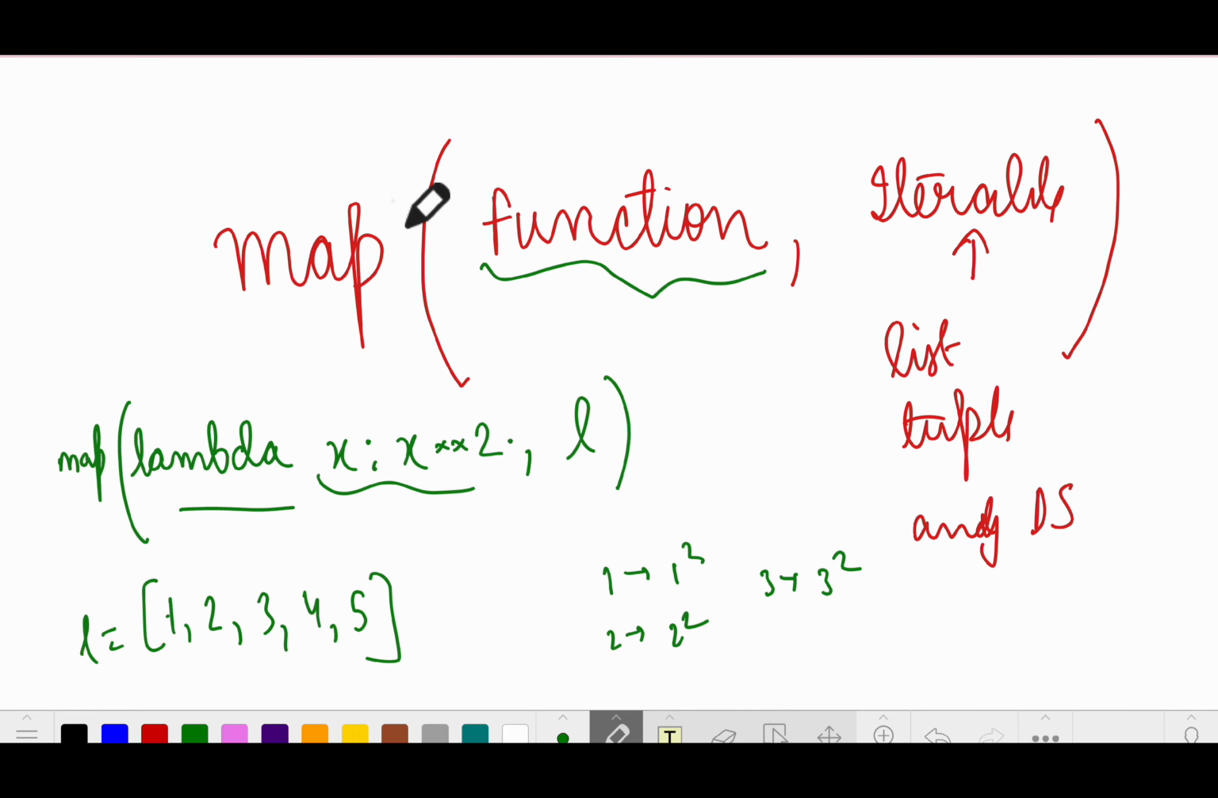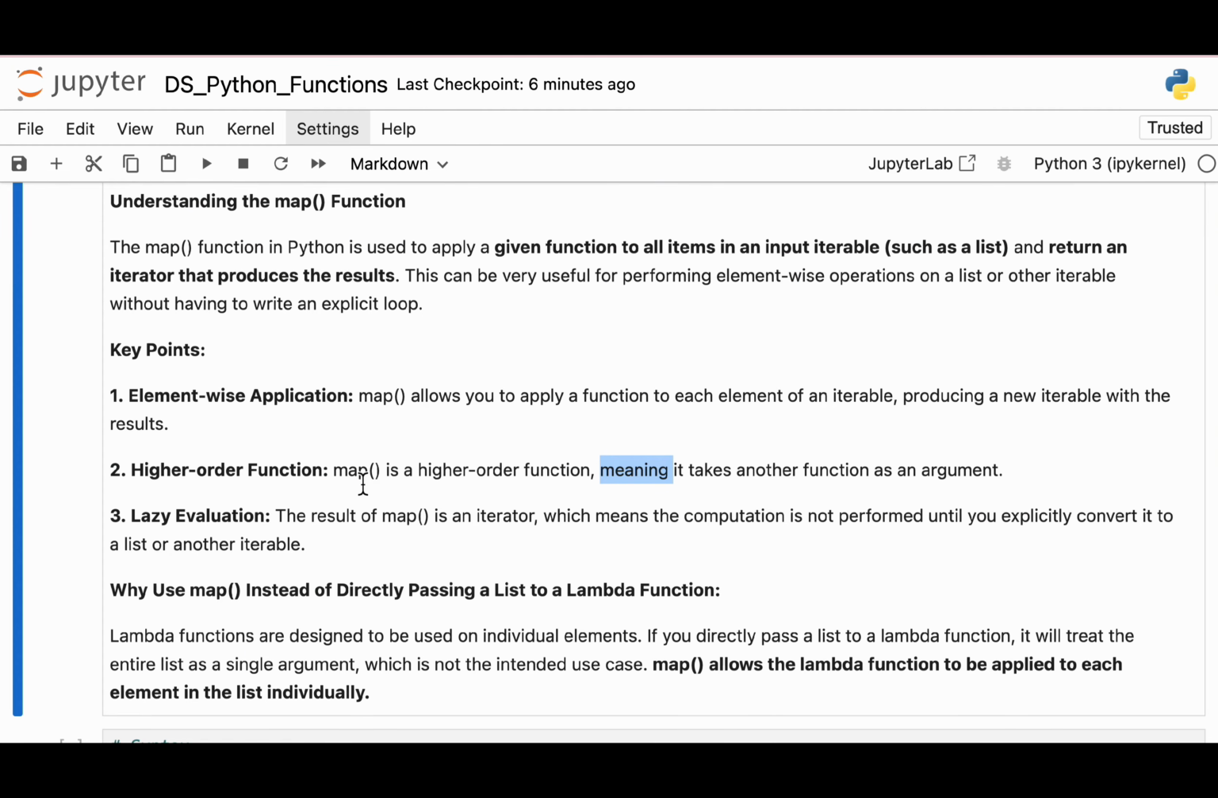So what are the arguments of a map? We just saw that map takes a list and it takes a function. Now this function can be a lambda function, or it can be your regular def function. It could be anything. So this is called a higher order function. Map is called a higher order function because it takes functions as its input and it also takes a list as its input. Map is a higher order function, meaning it takes another function. Now lazy evaluation: the result of map is an iterator, which means the computation is not performed until you explicitly